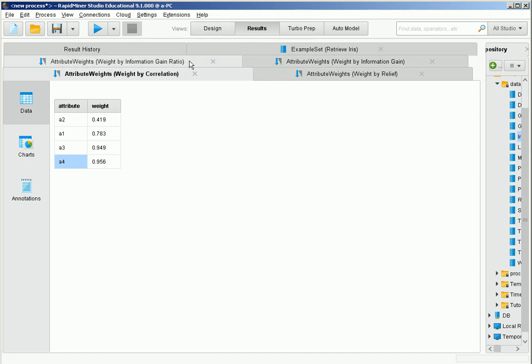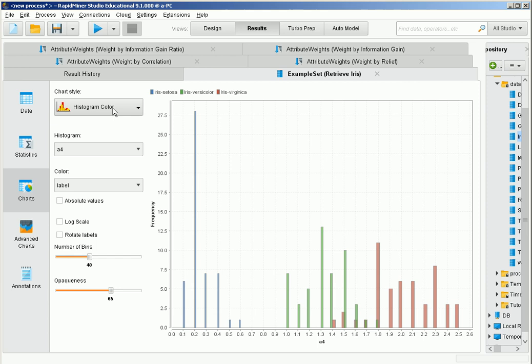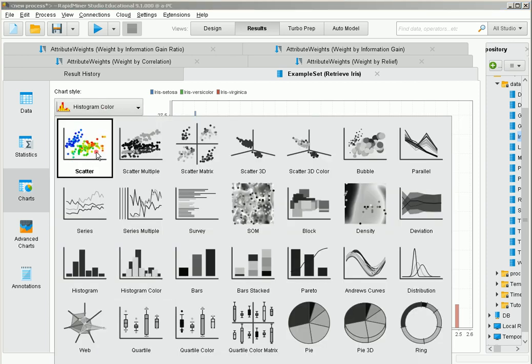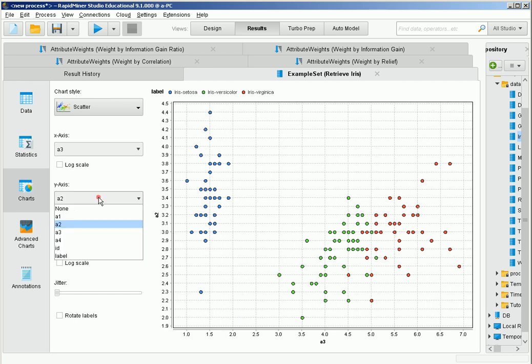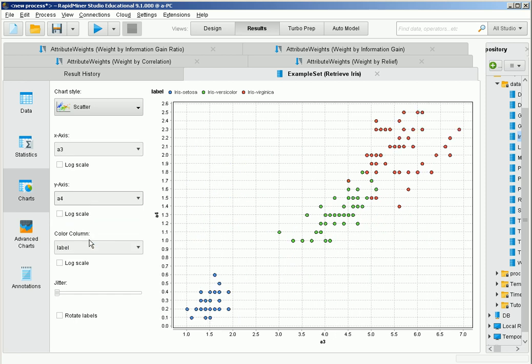However, if we go back to the data and we plot a scatter plot of A3 versus A4, we're going to see that both these features have a really high correlation. They are both providing more or less the same information. While these two may be the best features, taken in isolation, to classify the iris flowers, maybe after I have already taken into account one of these two features, A3 or A4, whichever of them,